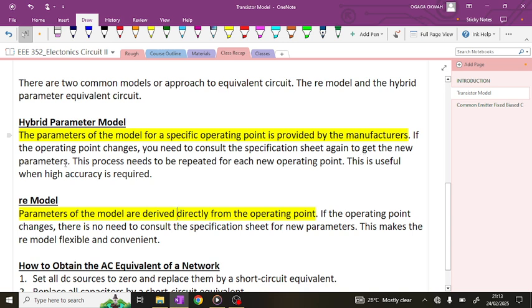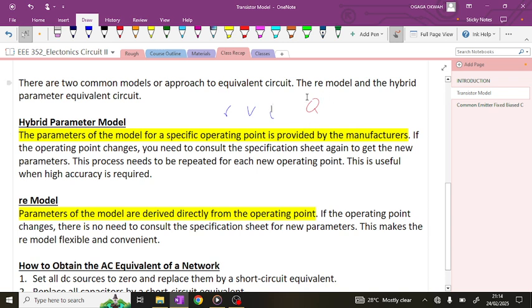Let's say this is the operating point, and for each operating point we have the parameters for that operating point. So if the operating point changes, and we got these parameters from manufacturers,